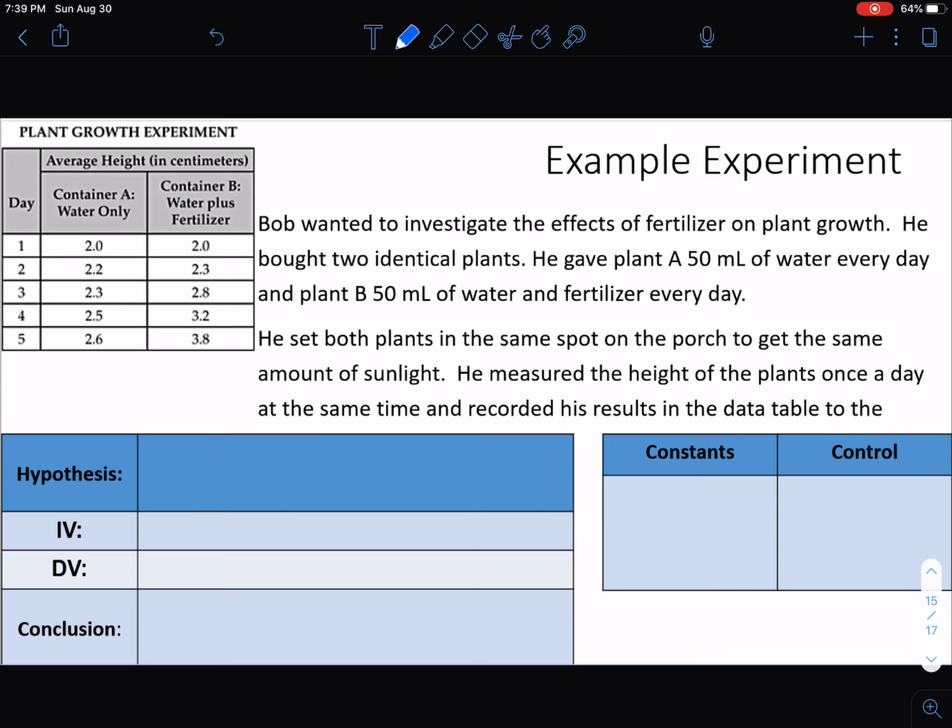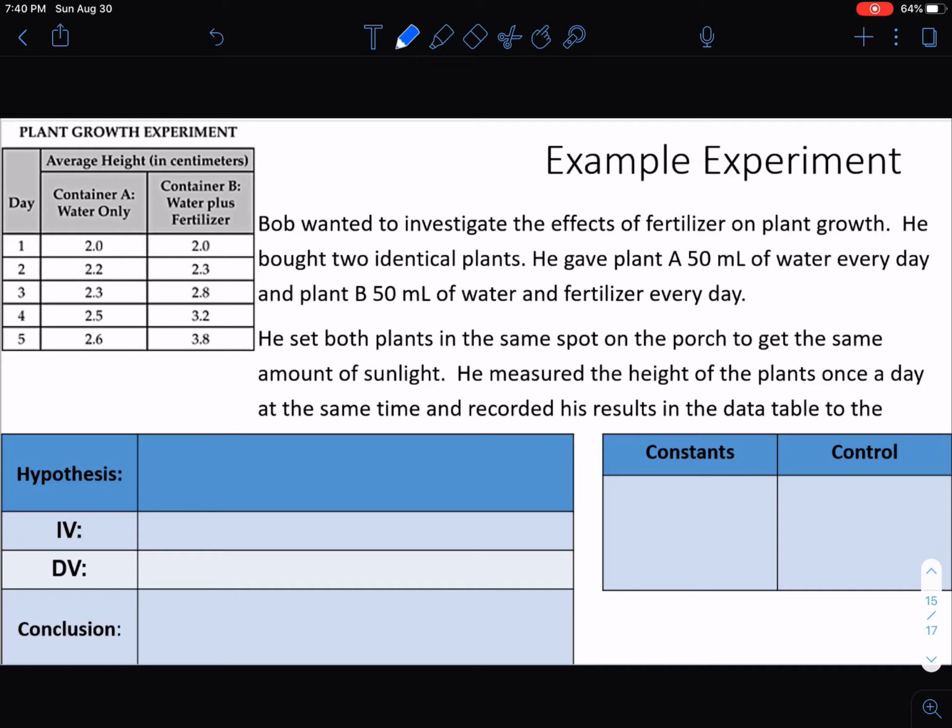So the last part of these notes is another example experiment. In this experiment, it says Bob wanted to investigate the effects of fertilizer on plant growth. He bought 2 identical plants. He gave plant A 50 milliliters of water every day and plant B 50 milliliters of water and fertilizer every day. He set both plants in the same spot on the porch to get the same amount of sunlight. He measured the height of the plants once a day at the same time and recorded his results in